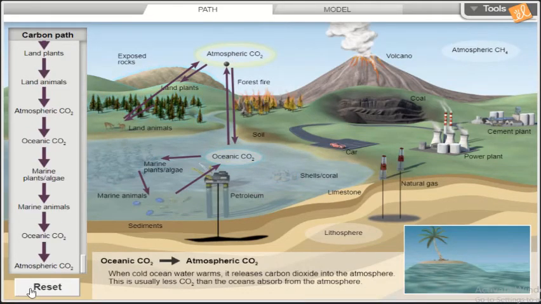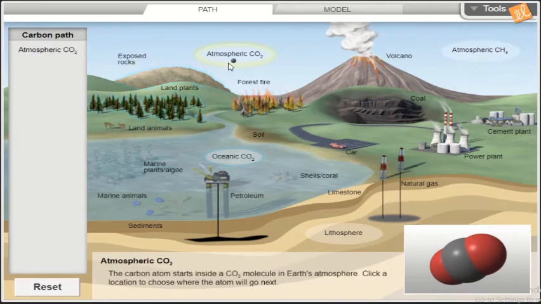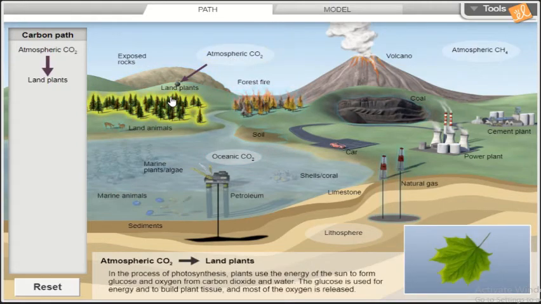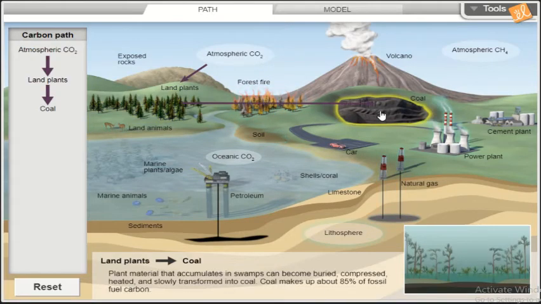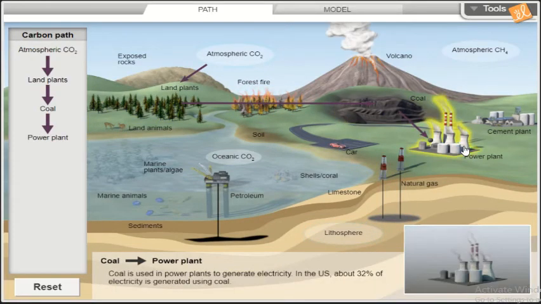Okay, I will reset this and let's restart. Carbon dioxide in the air is taken by, let's see, the plants again. Plants use this carbon dioxide to make their food. They release oxygen. Oxygen plus fossil fuel in power plants, in factories, in cars, in different vehicles. We burn this fossil fuel and we get